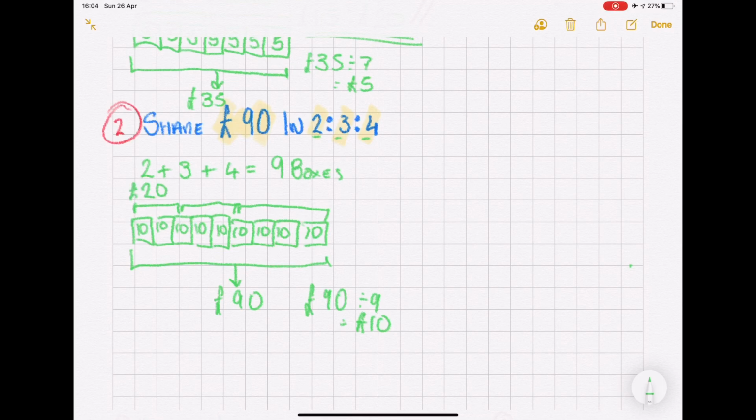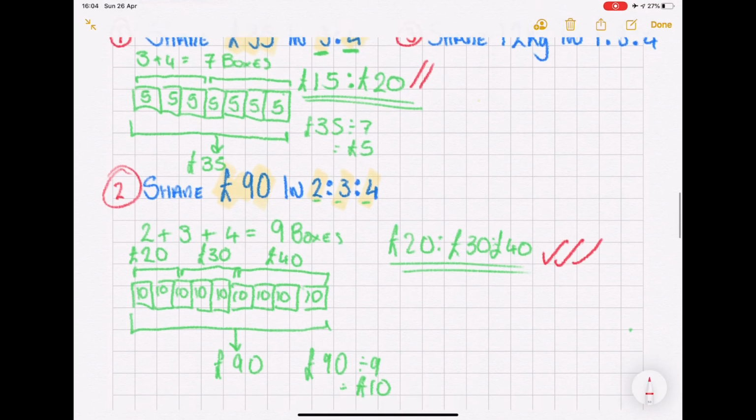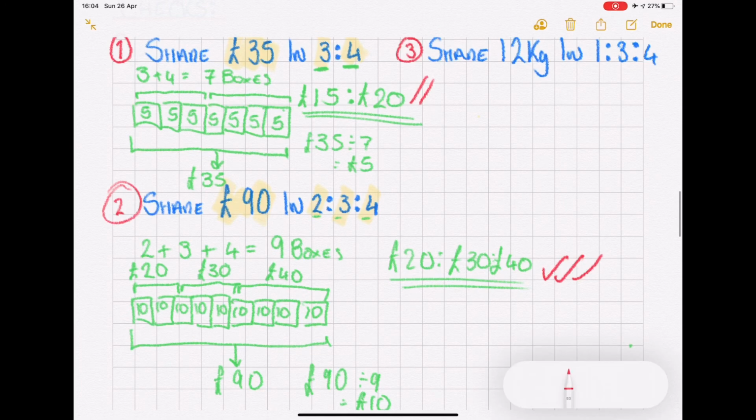So that's £20 to £30 to £40. I'll put that over there. £20 to £30 to £40. Fantastic. If you got that, give yourself some nice big ticks for that. Well done, well done. I'm actually going to rub that out just so I get a bit more space